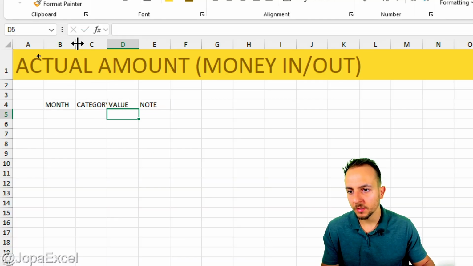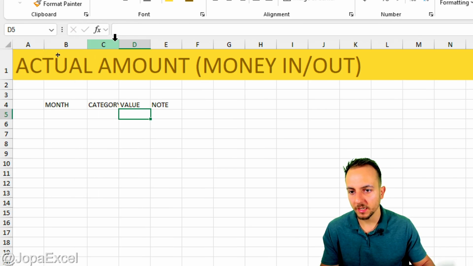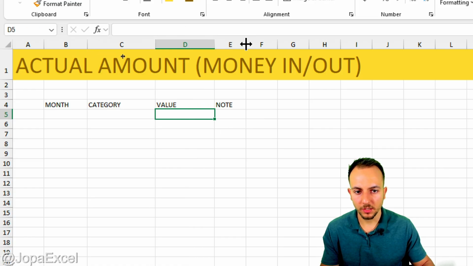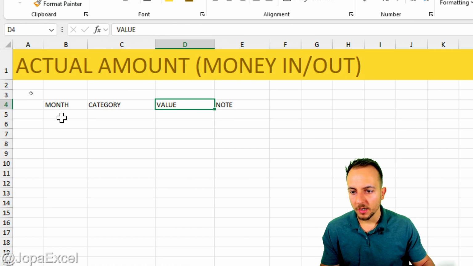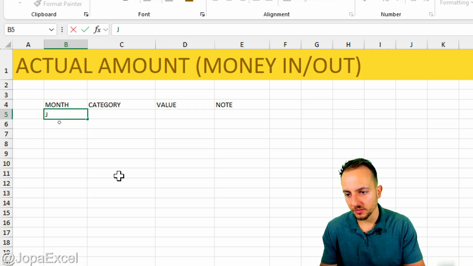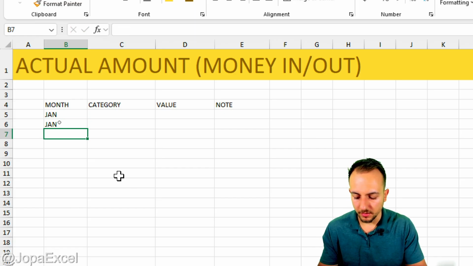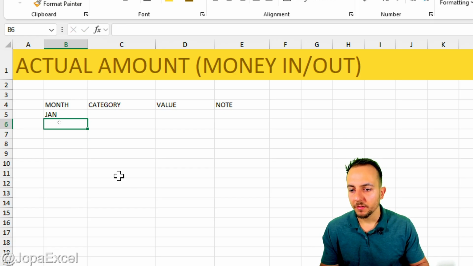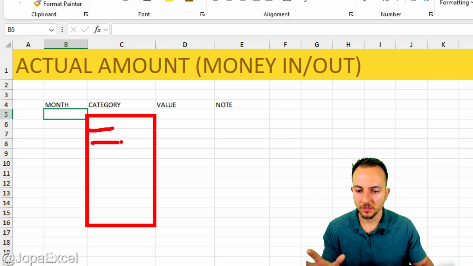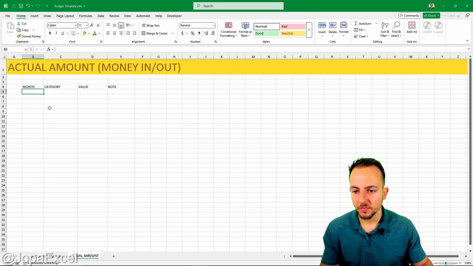Okay. Let me increase the column B, clicking between B and C, hold and drag to the right. The category is also going to be wider, column D, column E. Okay. So instead of manually type the months such as January, March, and so on, I think it's easier if we have a drop-down list to just click and choose the month that we need to use. And to create this list, of course, we can do it manually. However, I think it's